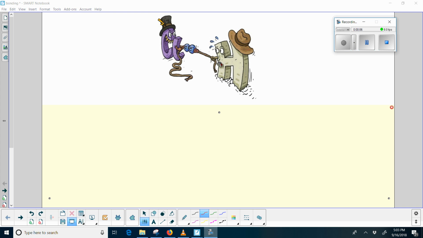It's got a great picture here of two elements, and these two elements are having a tug of war over bonding electrons. So bonding electrons, remember, are the outermost electrons that an element would have, and these are the ones that are usually associated with the formation of bonds and chemical reactivity. So you can see here that the chlorine has a much greater attraction for the bonding electrons than the hydrogen would. And this is significant for us to determine how and what kind of bonds are going to be formed